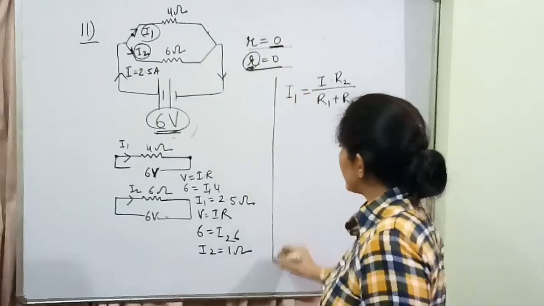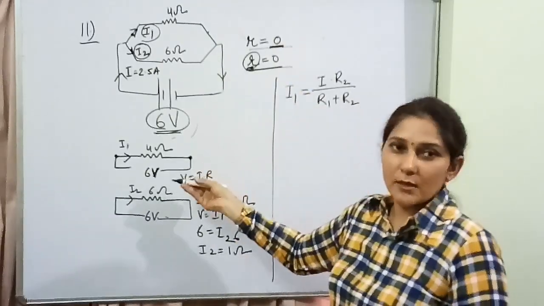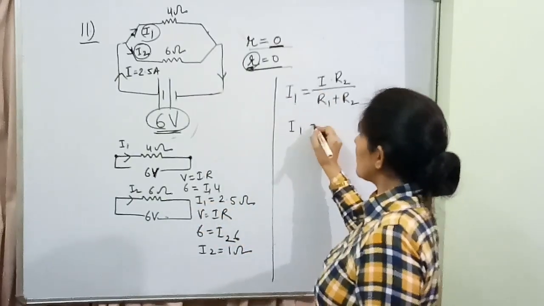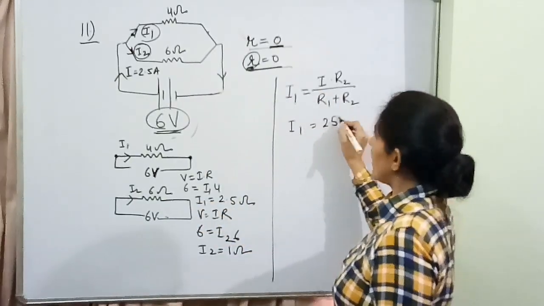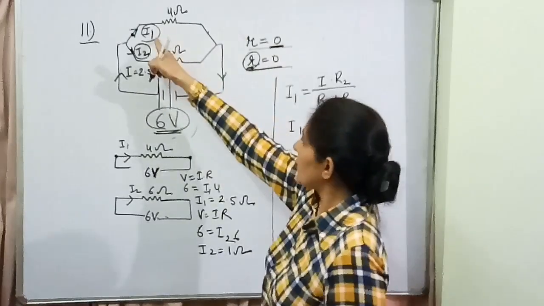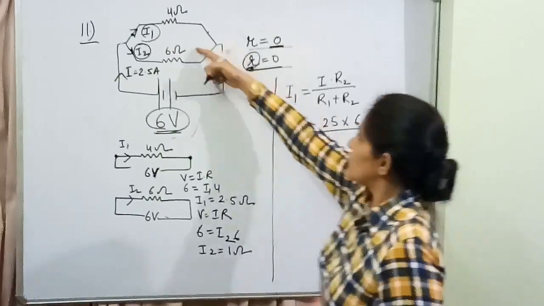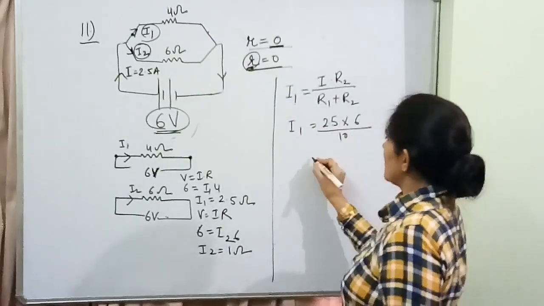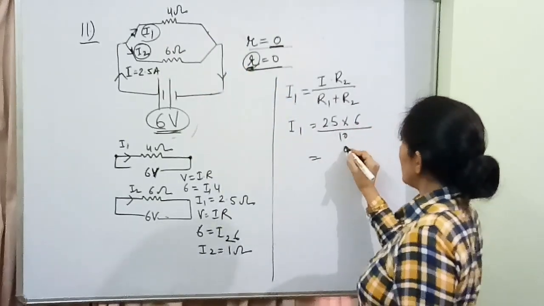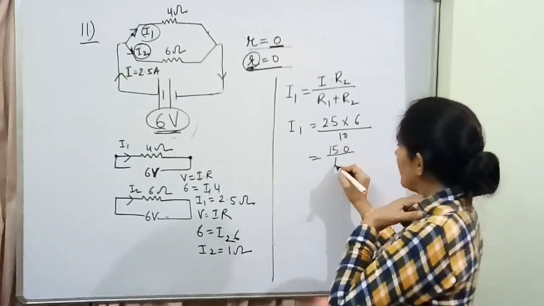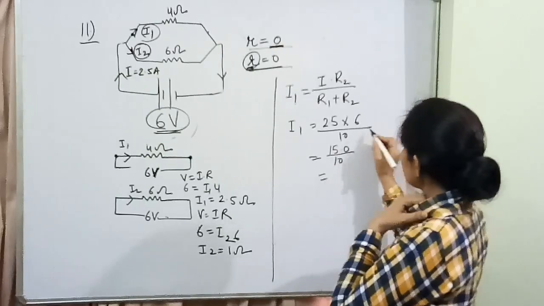This is the alternative method to find out. जो उस टाइम याद आ जाए, जो आपको सही लगे, you can apply any one. We can find out I1 is equal to total current I, which is 2.5, into the value of, if you are talking about I1, consider this as R2. This is 6, upon total resistance, which is 10. So when you solve it, 6 fives are 30, divided by 10, that will be